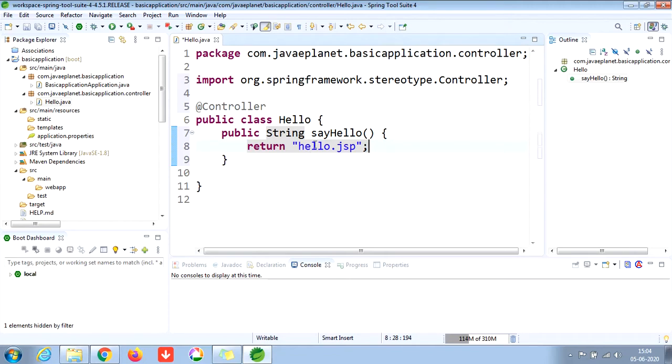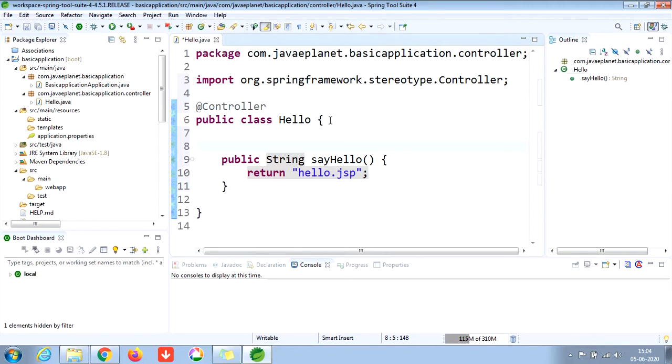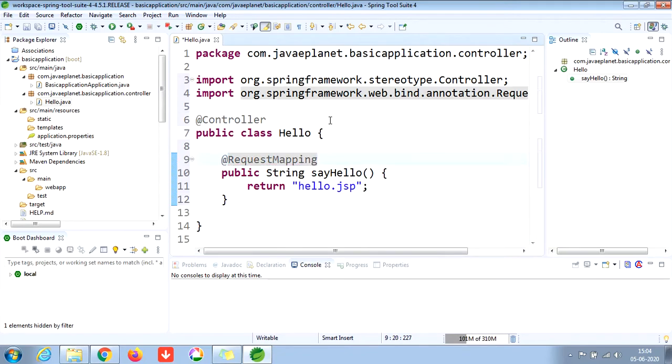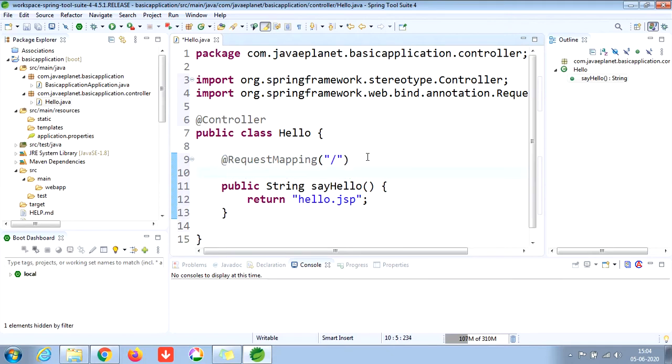Control Shift F to format, and annotate this method with @RequestMapping to map the URL. Control Shift F, and annotate this with